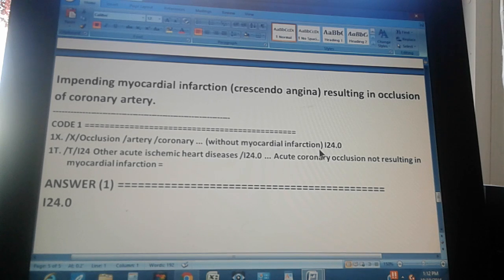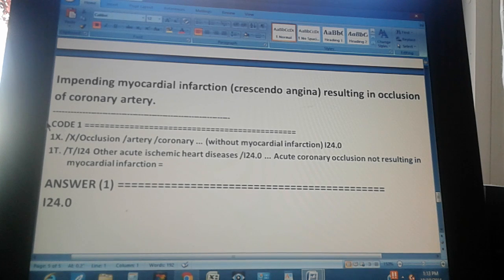Remember that in the tips we told you, impending means it hasn't happened yet. It might happen in the future, but it hasn't happened yet. So this is without myocardial infarction, right? If it hasn't happened, we can't code it. We only code things that have happened. So this is without myocardial infarction. So the code that we get is